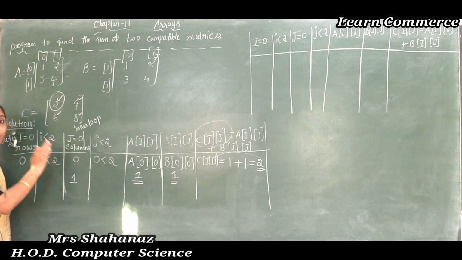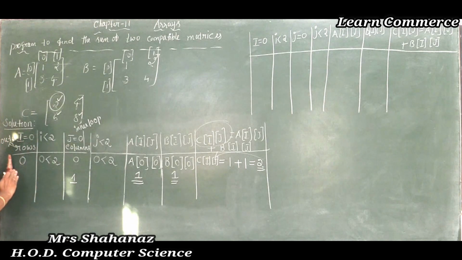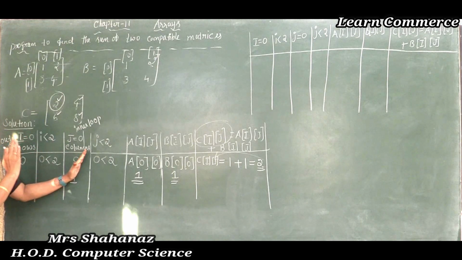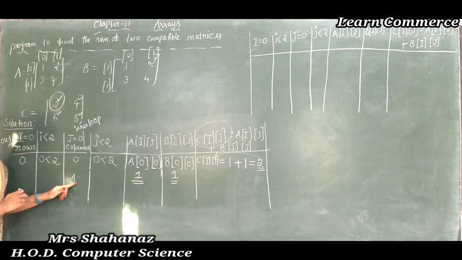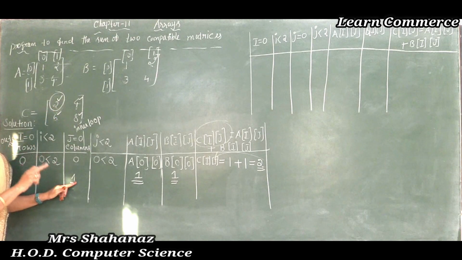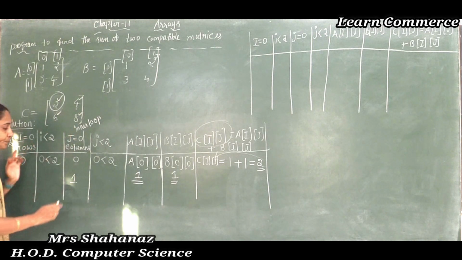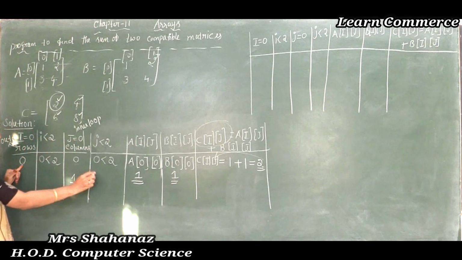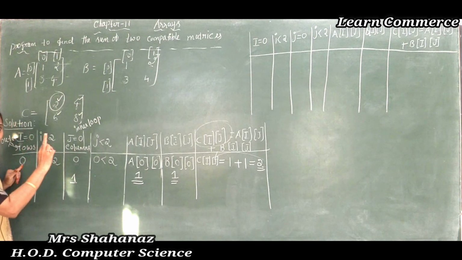Clear this point here? Our compiler also works in this same process. First of all I is equal to 0, J value is also 0 here. After finding the first element of the result of C of ij here, then which loop is going to make the increment? The inner loop is going to make the increment. The inner loop means our J, okay? Now later next one, as we know the I value is 0, but the J value is incremented. J value is incremented to 1.